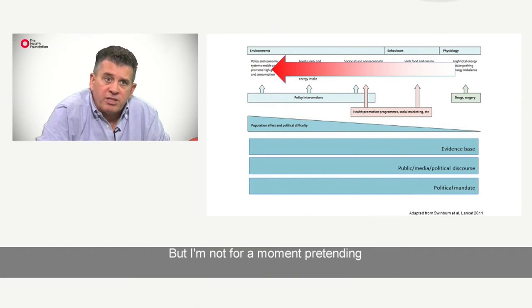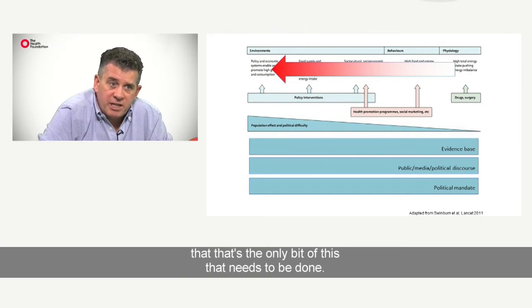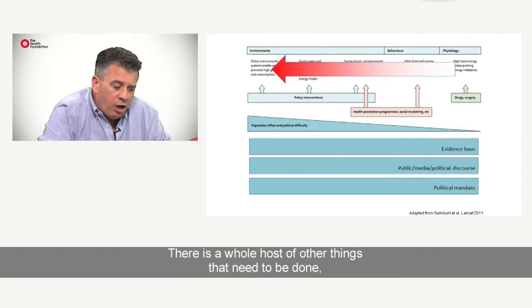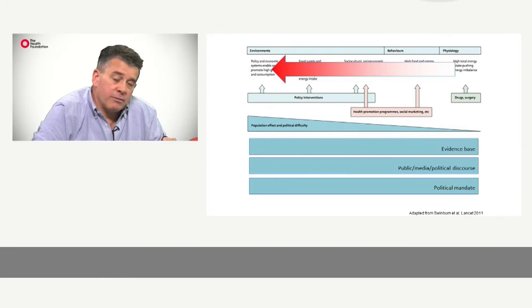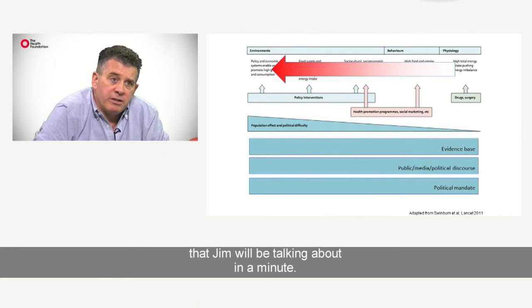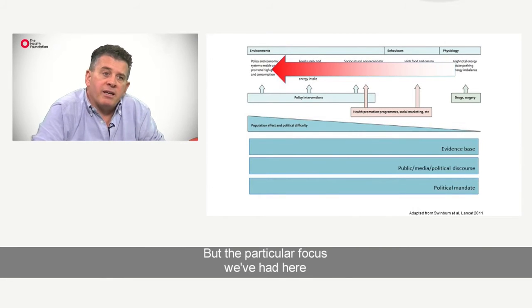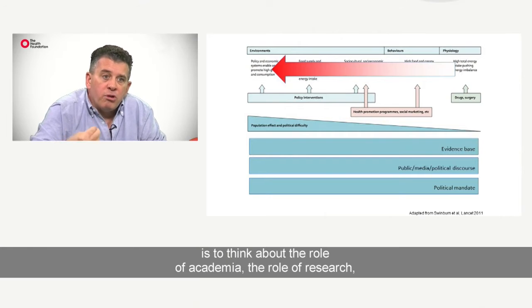But I'm not for a moment pretending that that's the only bit of this that needs to be done. There is a whole host of other things that need to be done, including the practical actions at local level that Jim will be talking about in a minute. But the particular focus we've had here is to think about the role of academia, the role of research in